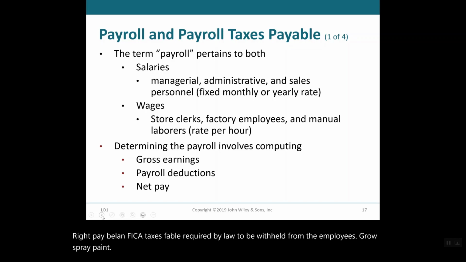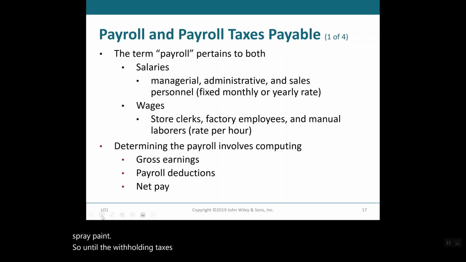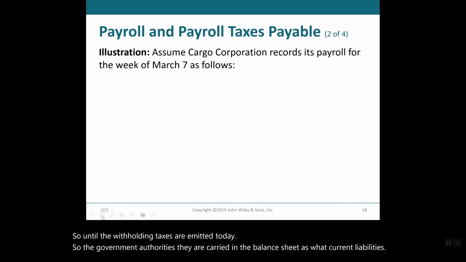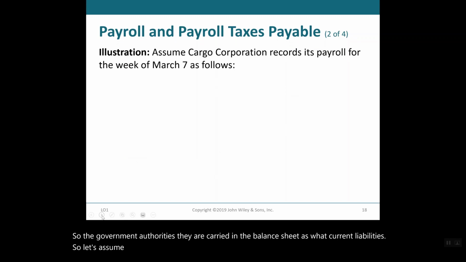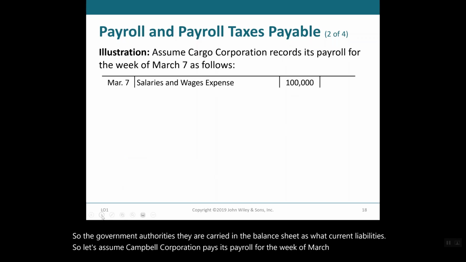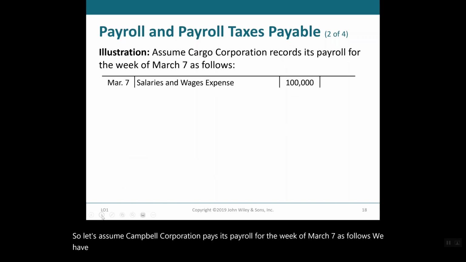So until the withholding taxes are remitted to the government authorities, they are carried in the balance sheet as what? Current liability. So let's assume Cargo Corporation pays its payroll for the week of March 7 as follows. We have salaries and wages of 100,000. FICA taxes is